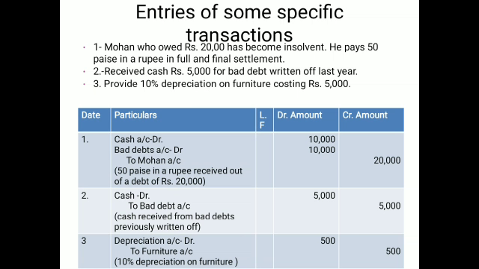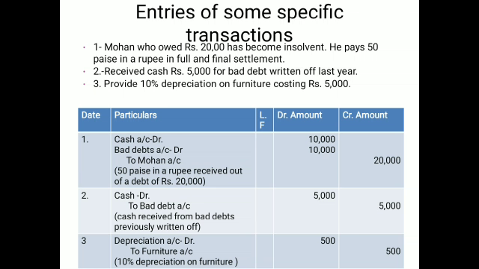Bad debts means the amount is irrecoverable. So in the entry, in front of Mohan, you have to put the full value, 20,000, and then the money received will be entered. The difference is irrecoverable. If the irrecoverable is given, the rest amount will be called cash when the account is closed related to one particular customer, maybe the Mohan account.